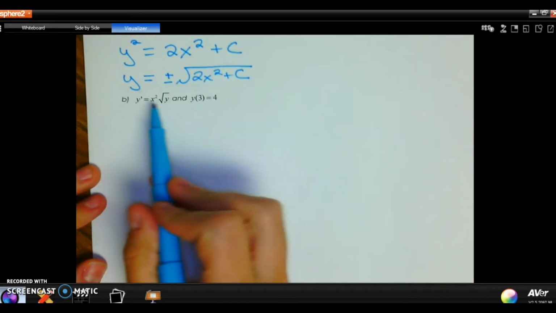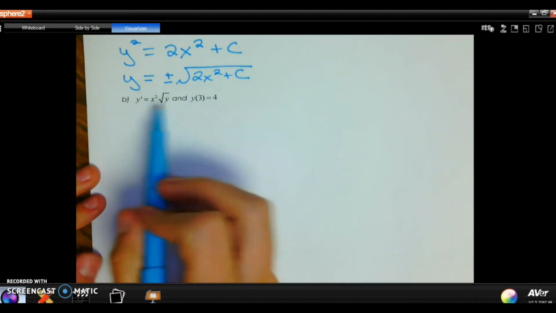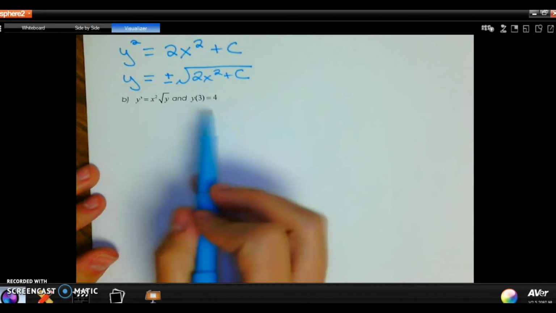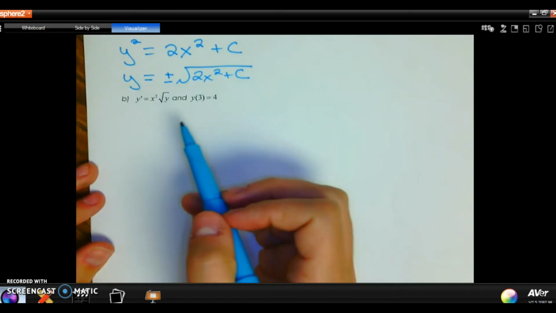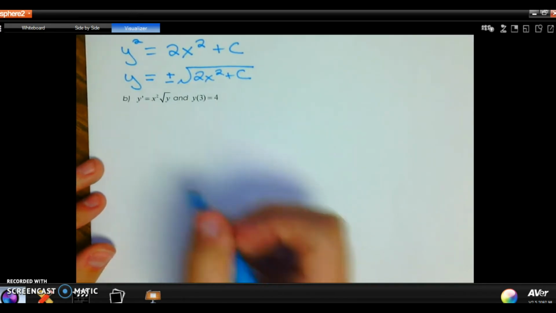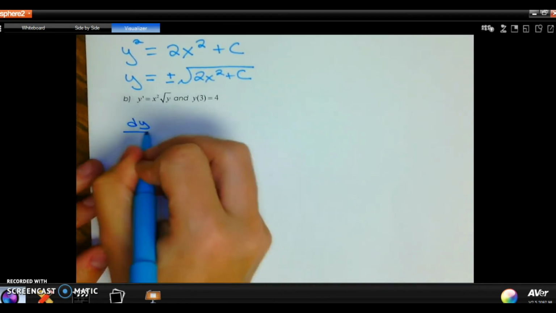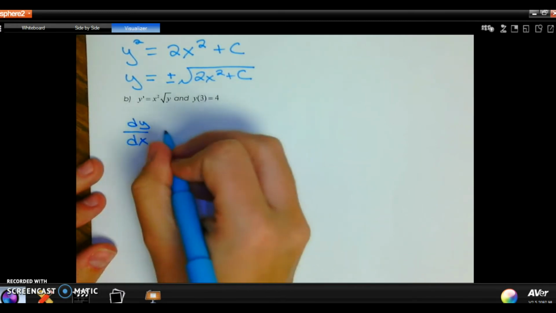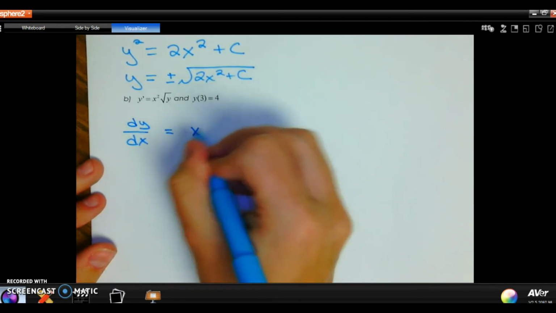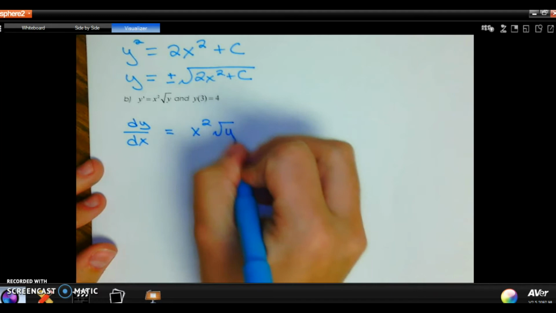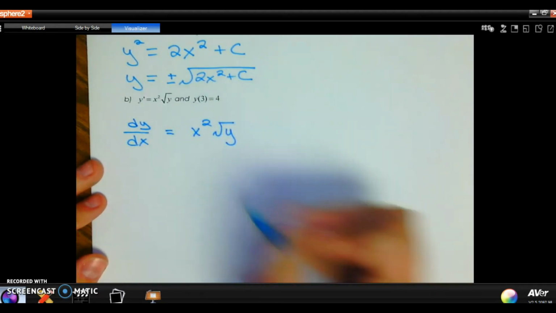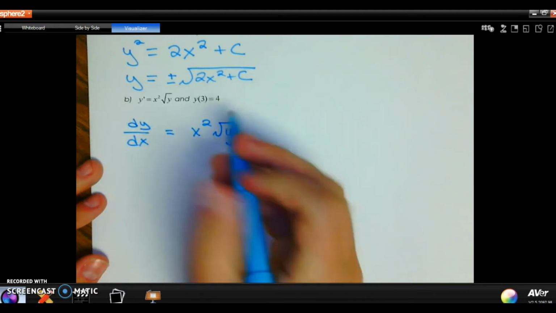Now I have x's and y's, so that tells me I need to separate the variables, and I have an initial condition. So I'm going to kind of do it the same way, but then I'm going to have to apply the initial condition. So I have dy dx, that's just y prime, is dy dx, equals x squared square root of y, and you can write that to the 1/2 power if you feel like it. And then I'm going to cross multiply,